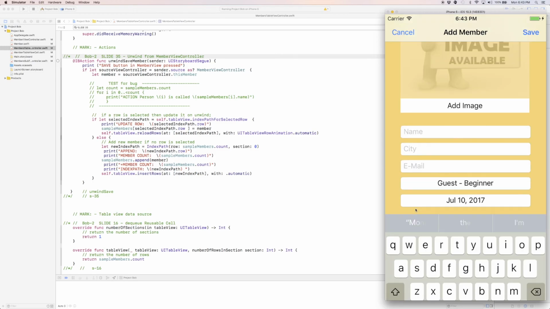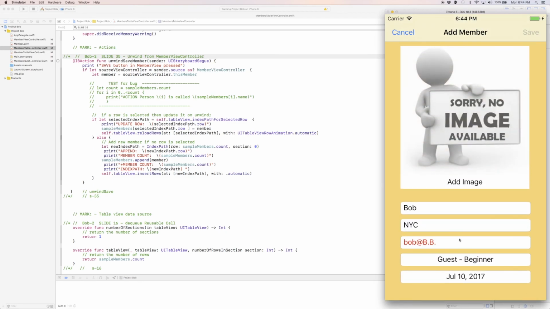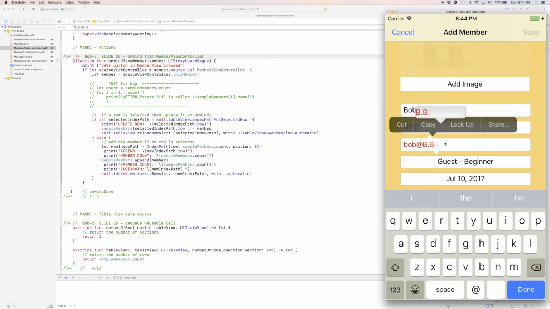And we'll call this new member Bob. And he lives in New York City. And his email is bob@bb. Let's say if we try to do that and say done, then you'll see the save is not enabled and BB still is not good. So we want to go and change that to a valid